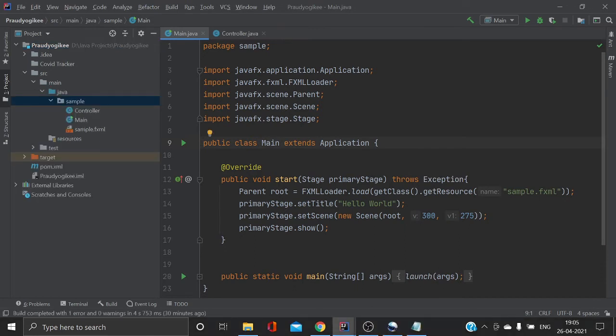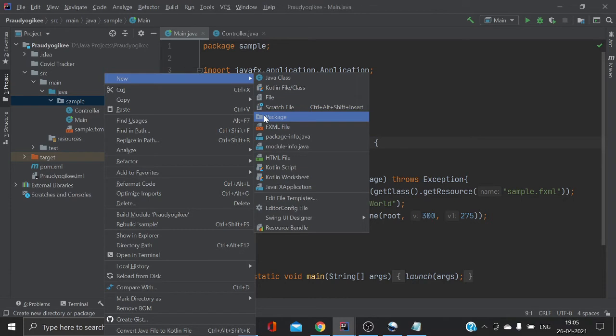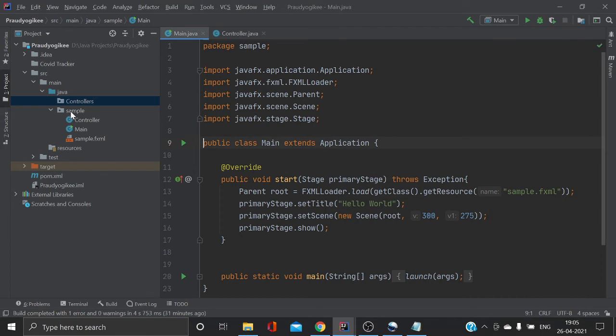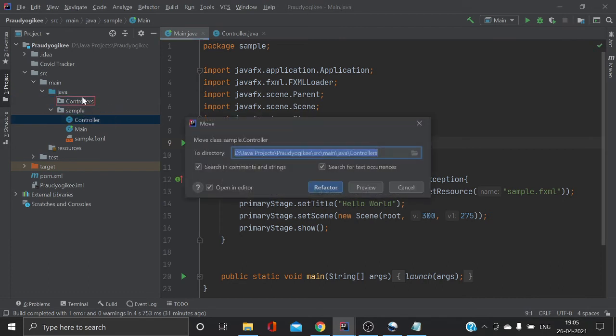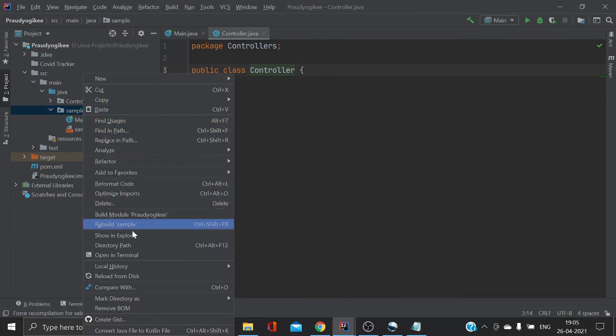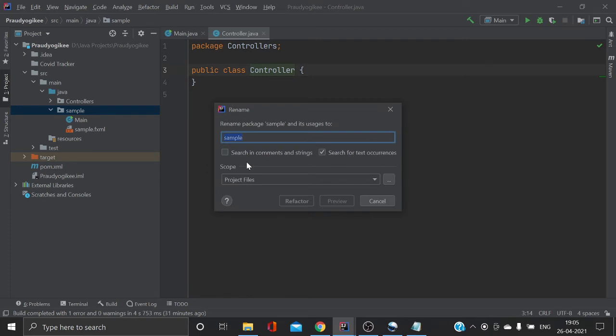Now we'll try to organize a project structure so that the things don't get messed up. We'll make two packages, one for containing all the controllers and the other one to just store all the other Java files.